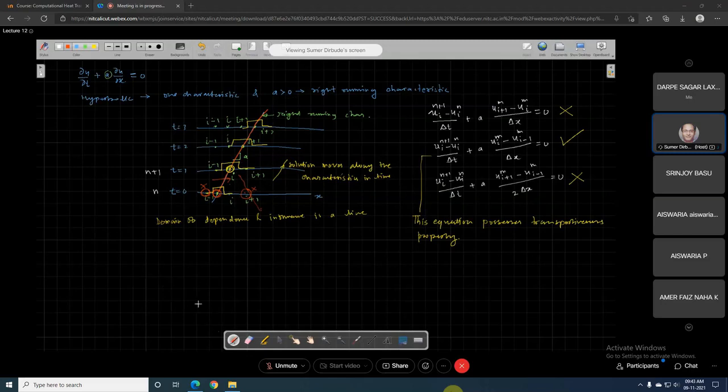Also in another way, we have defined it in terms of perturbation. So suppose there is a perturbation at I, and this is your I plus 1 and this is your I minus 1. So we'll consider some perturbation. Let there be a perturbation of this type.